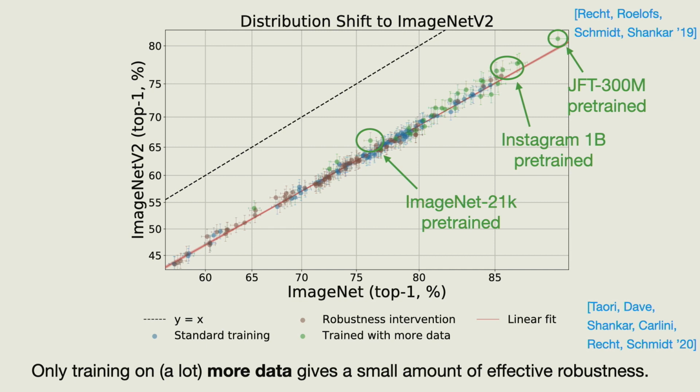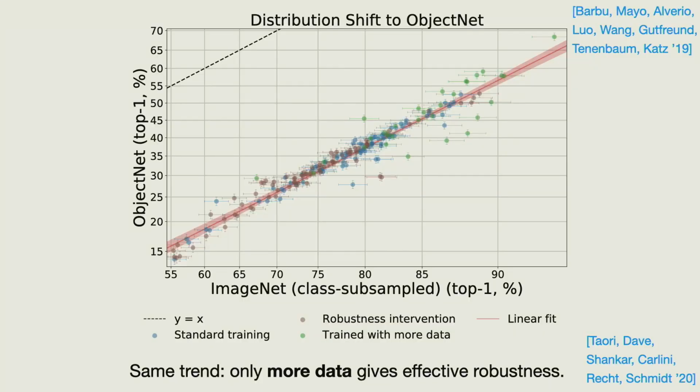Okay, good. So maybe something is fishy about ImageNet v2. So let's look at the other distribution shifts I mentioned, not just the ones that I built. ObjectNet is the one from the MIT group, and at a high level, the plot looks kind of similar, right? You have the blue points. It's a little bit more messy now, but you still have a pretty good linear trend that the blue points follow, and the only points that stand out here in the higher accuracy regime are the green points, the same models we've seen before, trained on more data. And again, the brown points here are maybe a little bit above the trend now, but overall only in a pretty low accuracy regime.